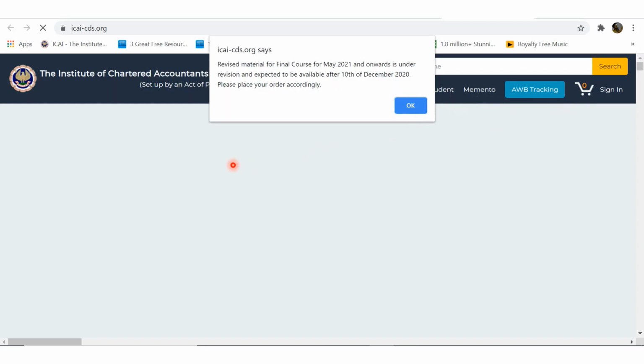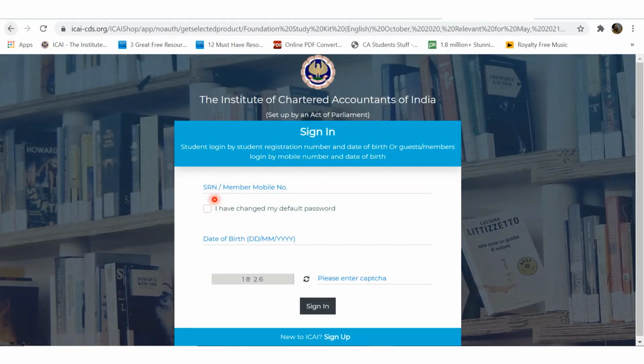This is the service of Amazon which is taken by the CA Institute for the purpose of centralized dispatch. You can use your student login here. Now at this moment we have not yet got our registration number. We require the SRN. Since we don't have a registration number, I cannot sign in, so I cannot complete this just now. Within 2-3 days I'll be getting a separate email at the email address given for registration. There I will be able to check my student registration, check whether the study material is to be ordered or not, and how it will be coming to me.